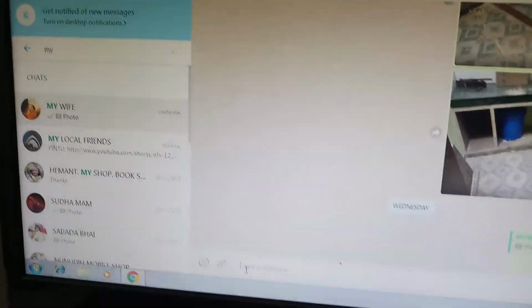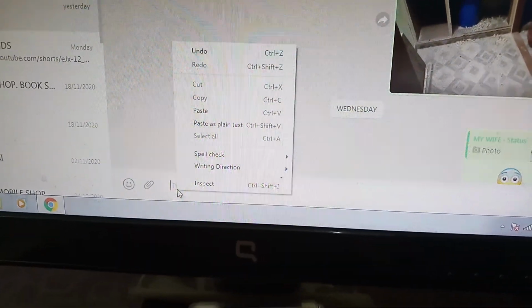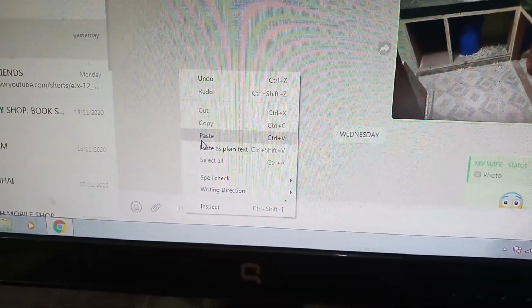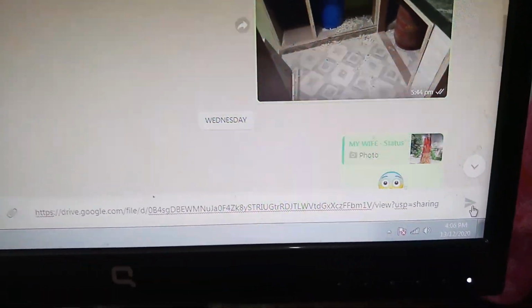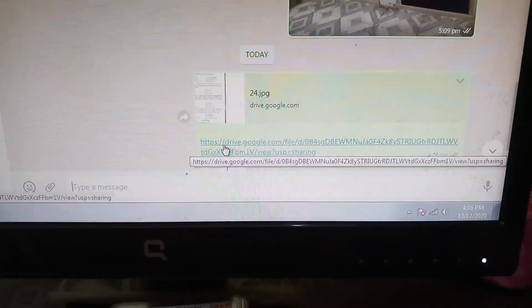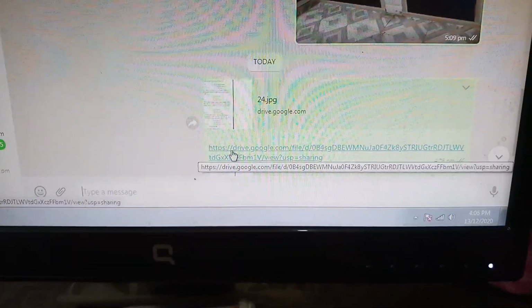Simply come to the WhatsApp, right click on it, and click on the paste option, and on the right hand side the send button is given. Send it. Scroll and see. Now it's coming. If you want to open it, just click on this drive link, and simply this image will open.